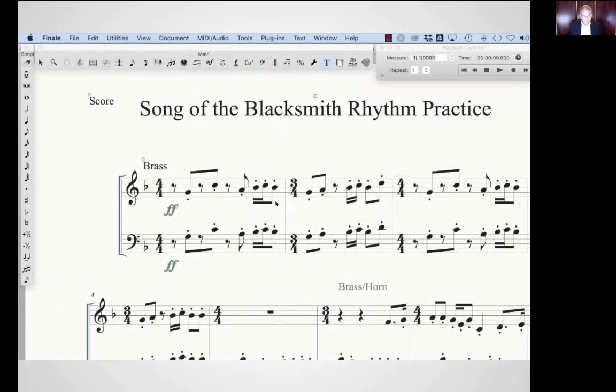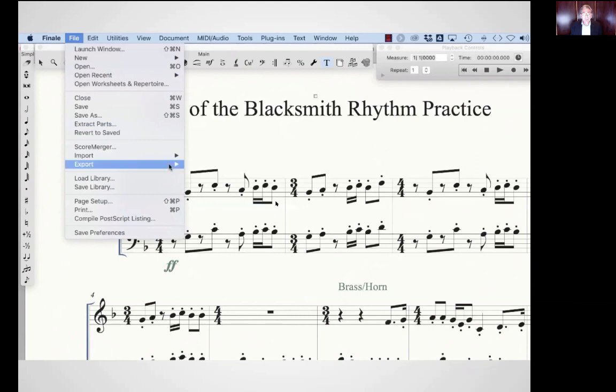In this video, I'd like to demonstrate importing a MIDI file or Music XML file into new SmartMusic. My example here is Song of the Blacksmith Rhythm Practice. I have two staves which feature different sections of this piece and how they fit together. My goal in new SmartMusic is to be able to turn off and on either part and have the students practice. Starting out, I will export